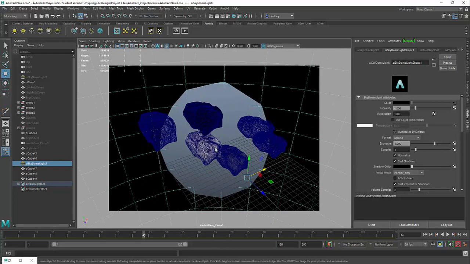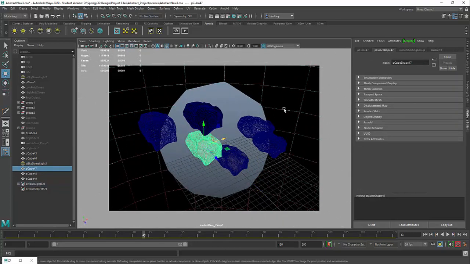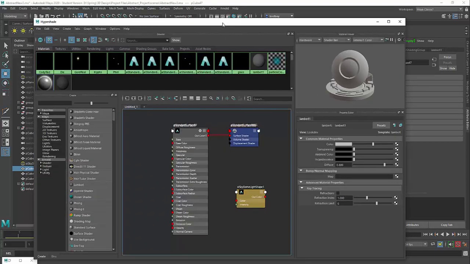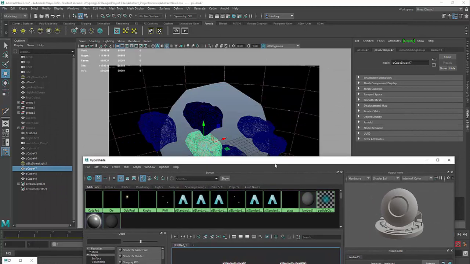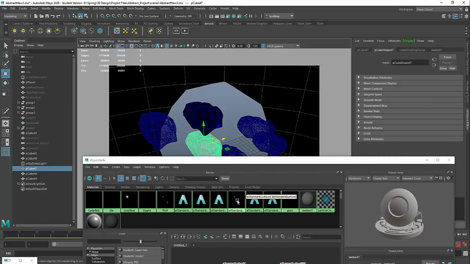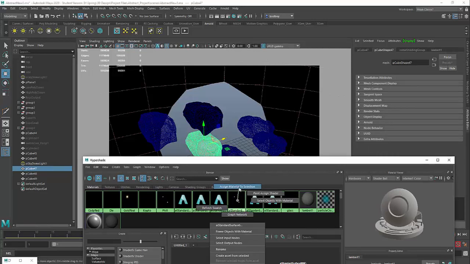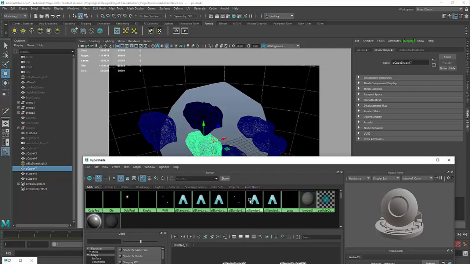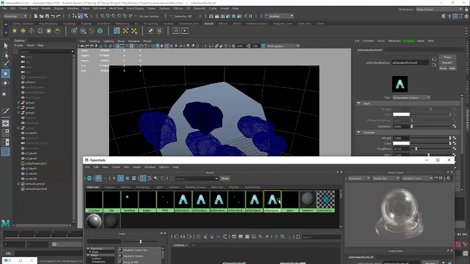If you did want to apply that same material elsewhere, you can select it and then open up the Hypershade here. So if I wanted this one to also be chrome, I would select that material, which was the last standard surface here, and then right click over it and assign material to selection. That's one way to get it across from there. I believe the last one was, no, it was this one, because it goes in incremental numbers. So that's 9, 8, 7. I didn't name